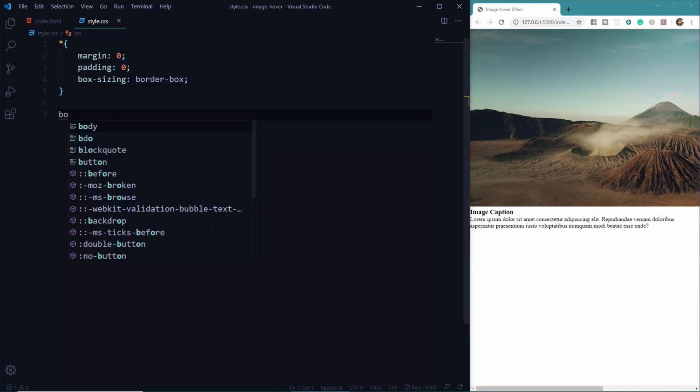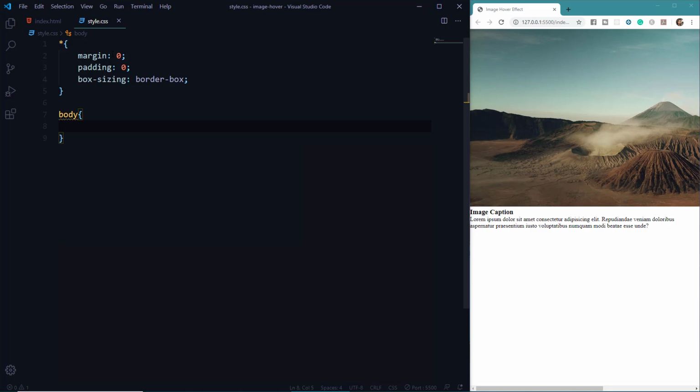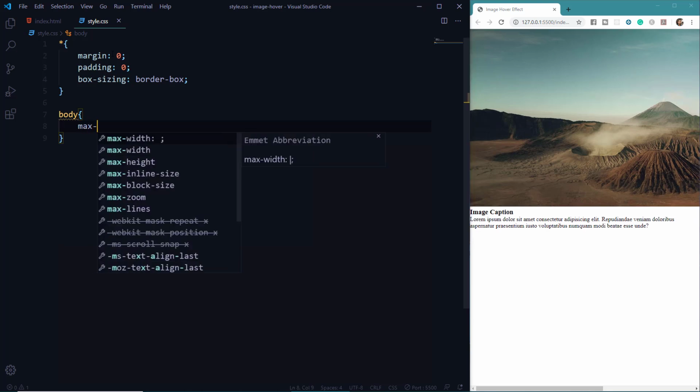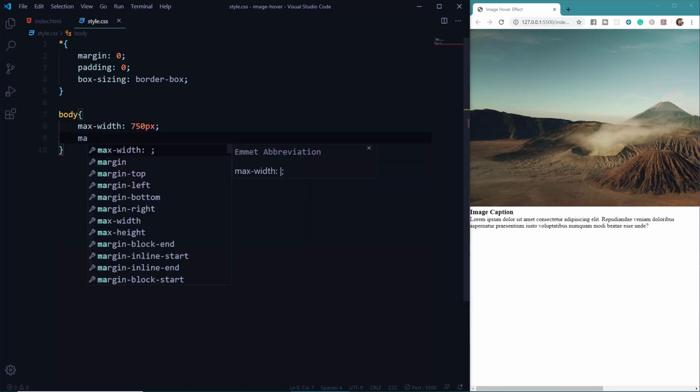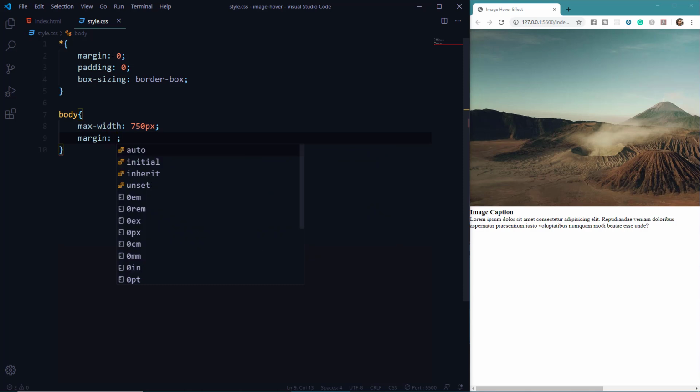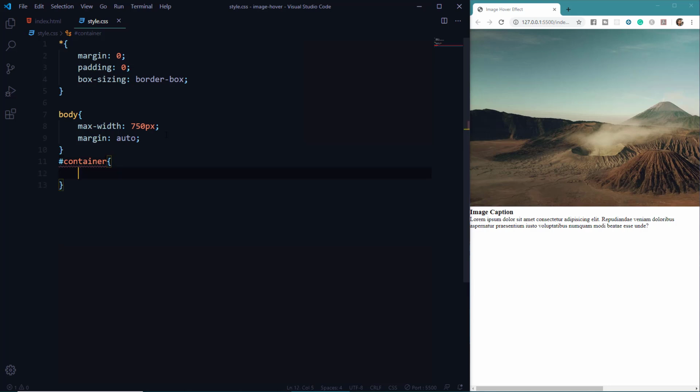Now we'll grab the body element, and here we'll give the max width to 750 pixels, and we'll set the margin to auto so that the content is in the center. Now let's take the div having an ID of container and we'll give it a margin of 2 rem.